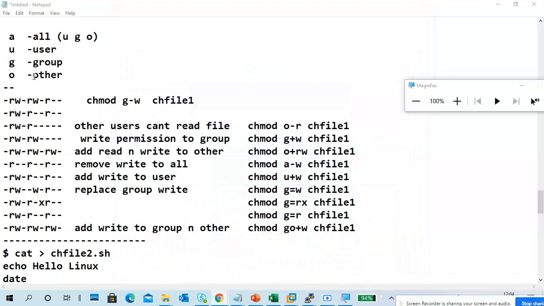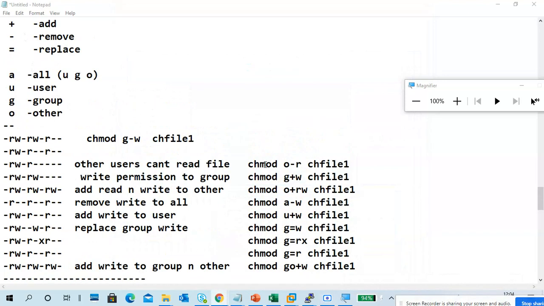Yes, sir. Okay. So here we're changing permissions with the symbols, like o+r, o-r, g+r. Individually means user wise, group wise, other user wise, adding a permission or removing a permission or replacing a permission individually. We are doing it either for the user part, a group part, or others, or combined for all.